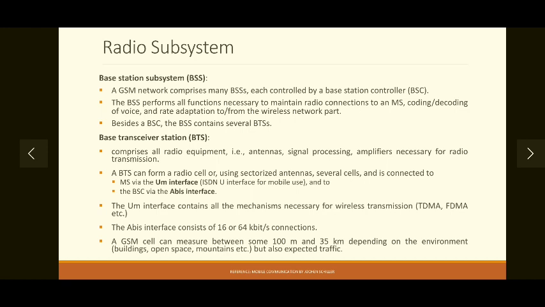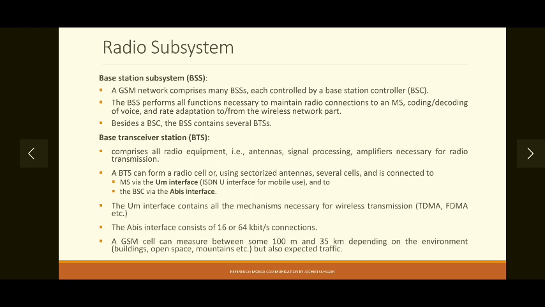So how to set up a connection wirelessly to the user, then how to transmit voice or data in an appropriate format so that audio or data quality will be high and no errors will be introduced. So for that, coding and decoding, and data rate adaptation depending on availability of channels and signal strength of a receiver, that is the user.